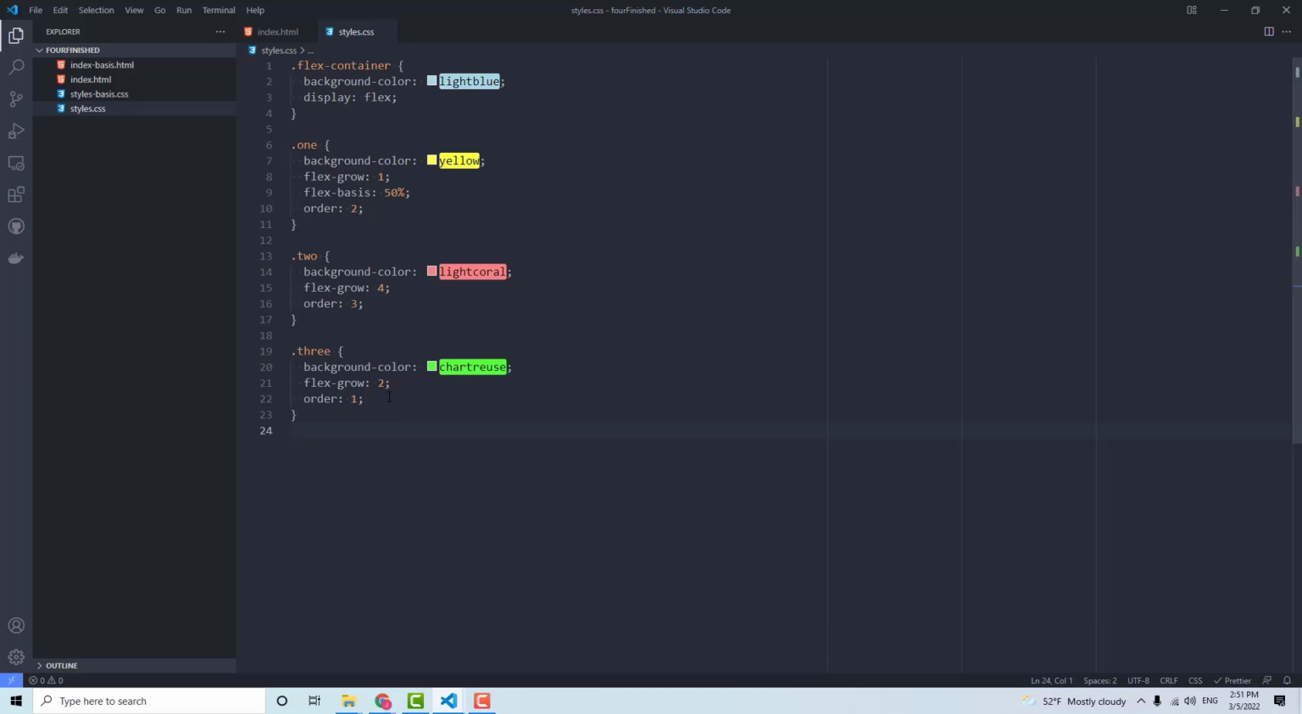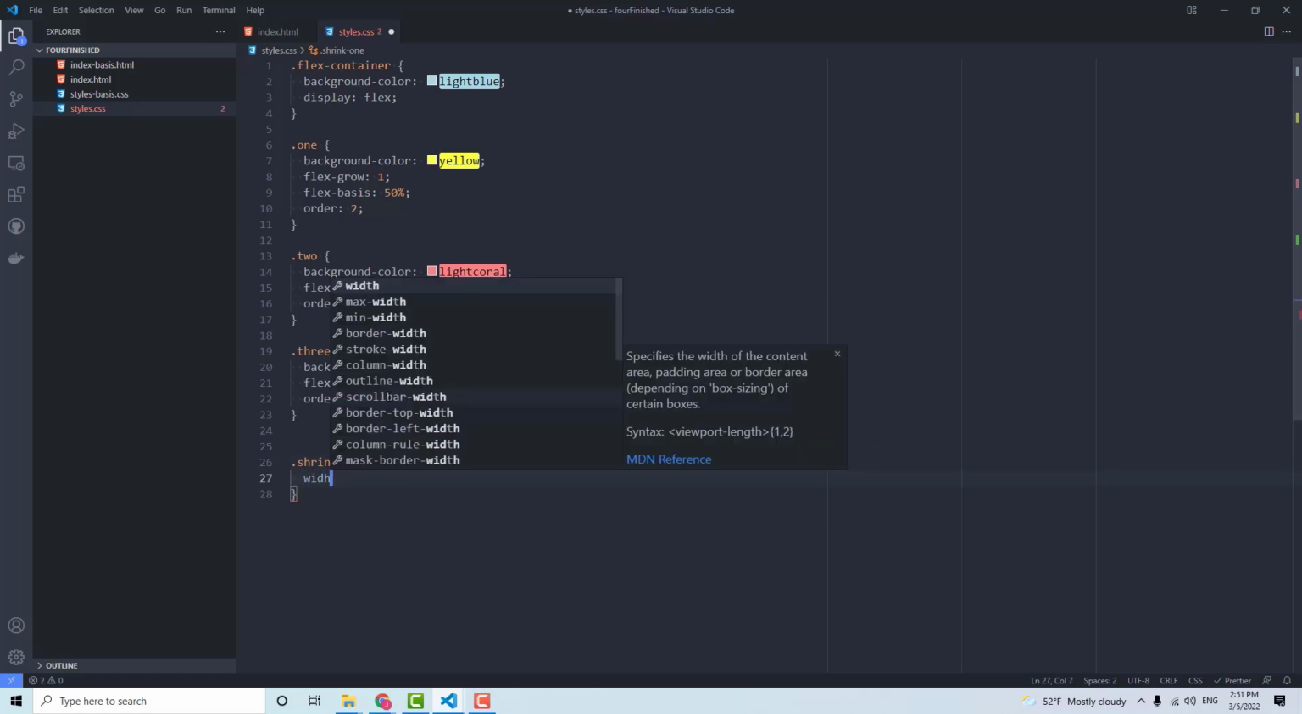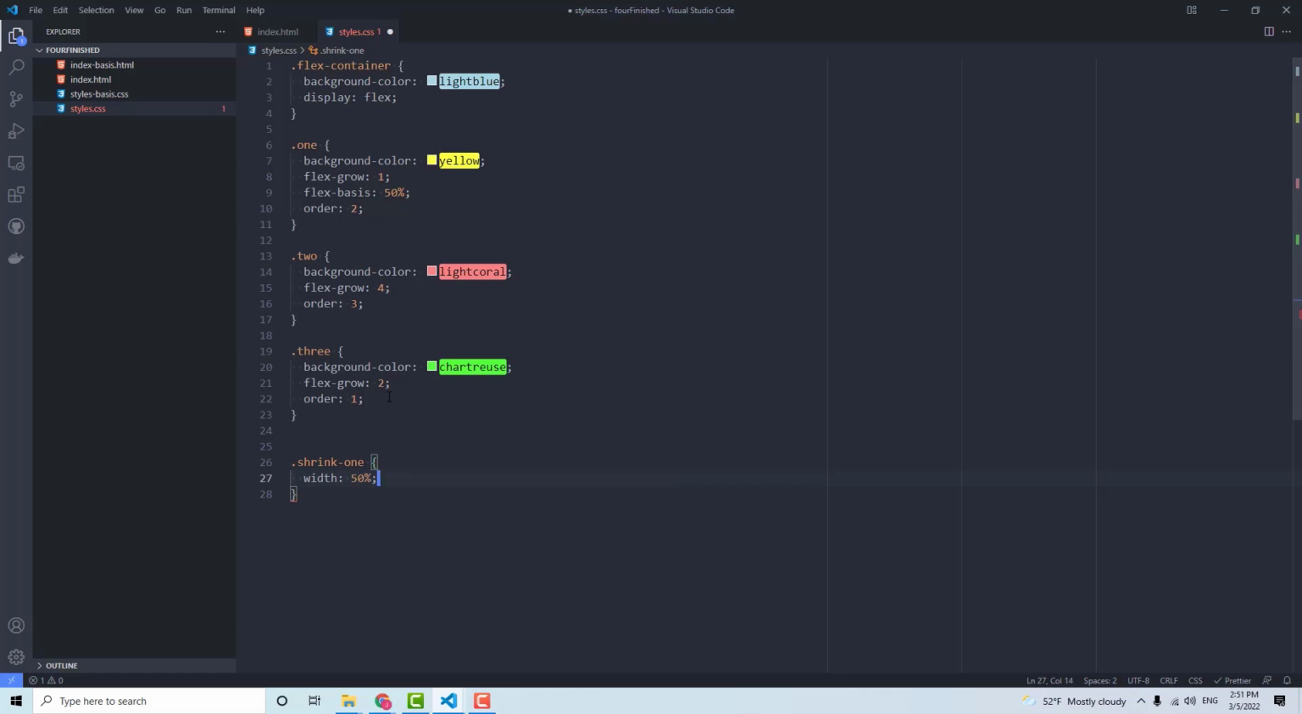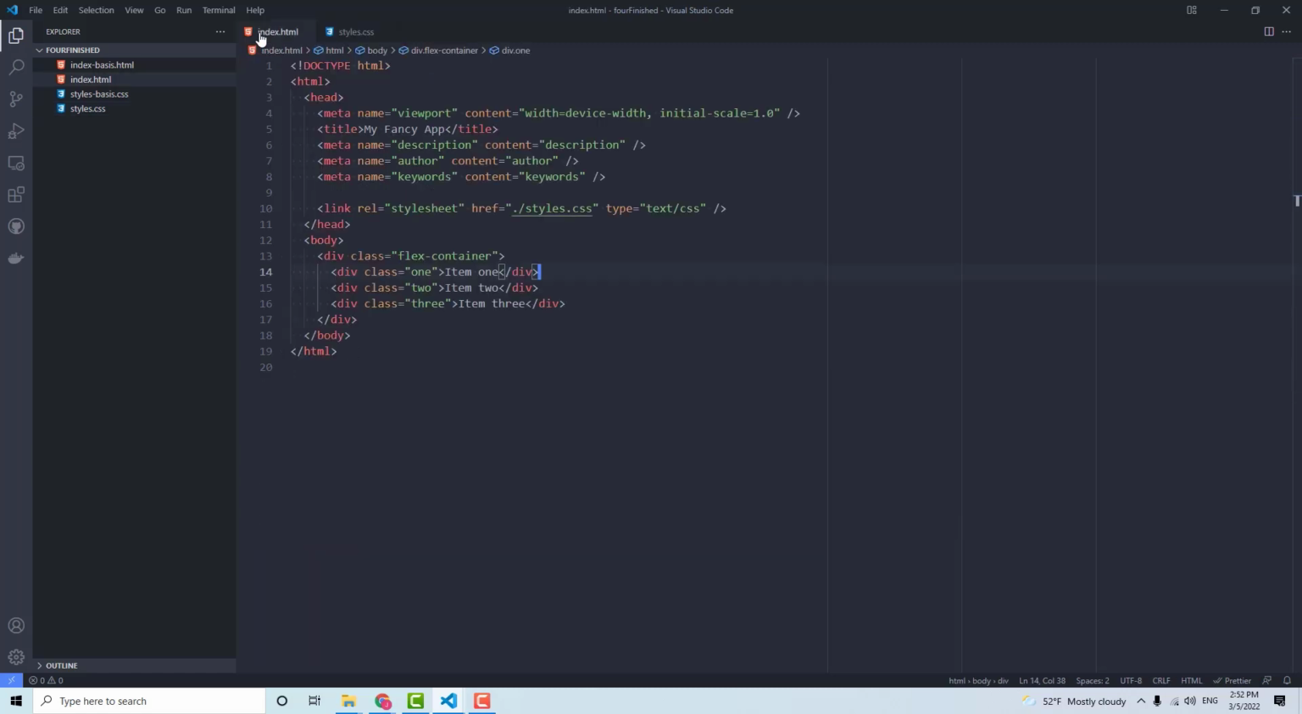And so the easiest way that I can think of how to set this up would be to just make 2 classes, .shrink-1 with a width of 50%, and then .shrink-2 with the width of 50%. And then we'll save that CSS. We'll go back to our index, and then let's make a new section. So div, and then we'll make,